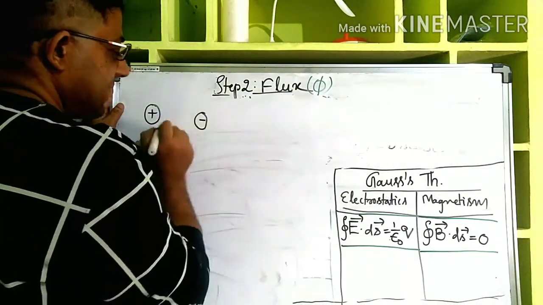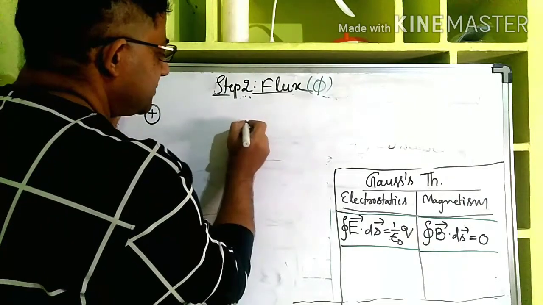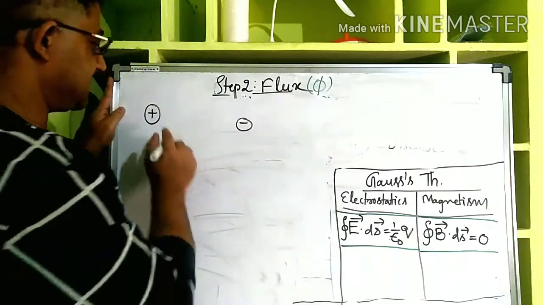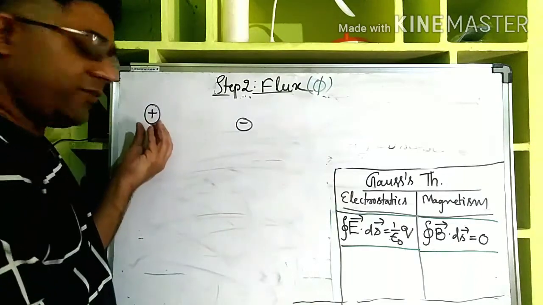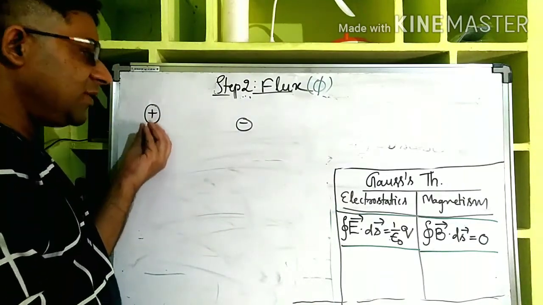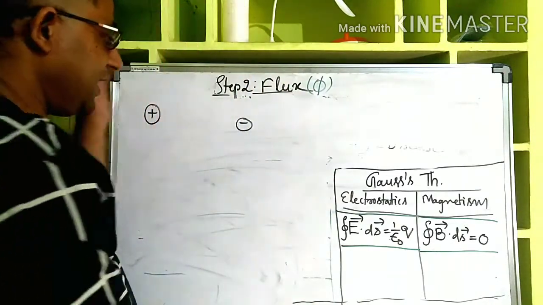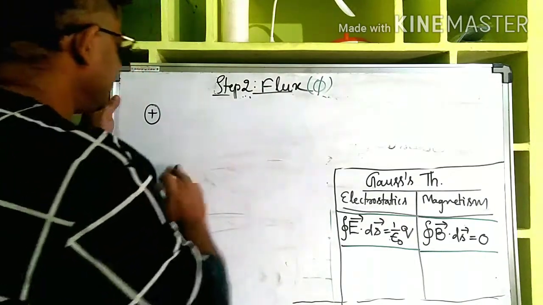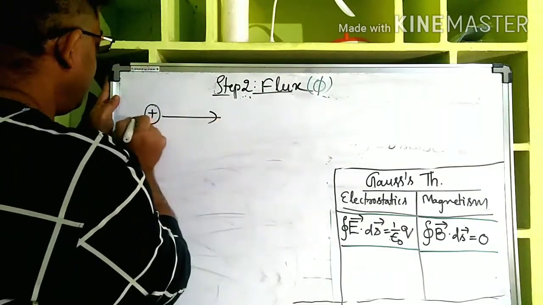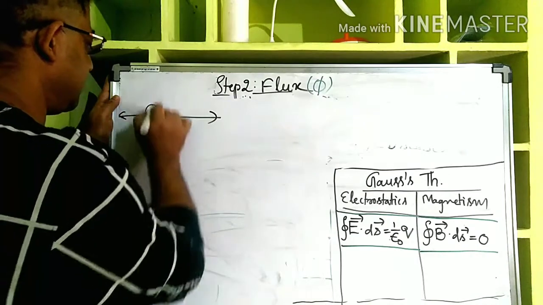See, in electrostatics, if we consider a positive charge and a negative charge at some distance, then wherever we are considering a positive charge, an equal amount of negative charge also will be there somewhere, right? So in an isolated charge, we can consider, let us say, all field lines are coming out of it.